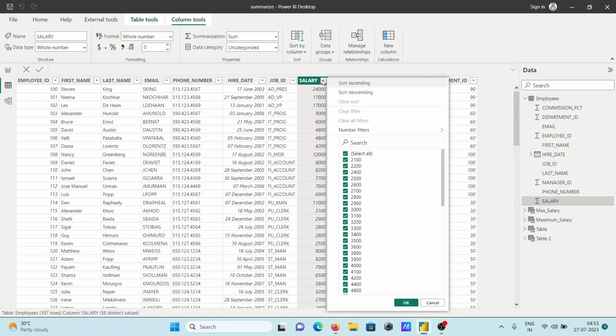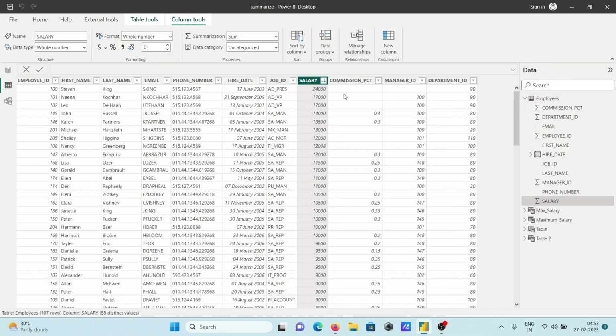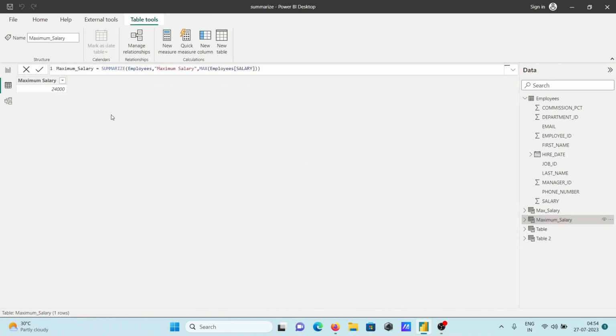So this is the table, and here it's displayed in descending order. Now you can see, if I press descending order, it goes highest to lowest. So 24,000 is the highest, second is 70,000, next is 40,000, and it continues like this. Okay, so this is how we can get the maximum salary from the table, and we can achieve it with the summarize